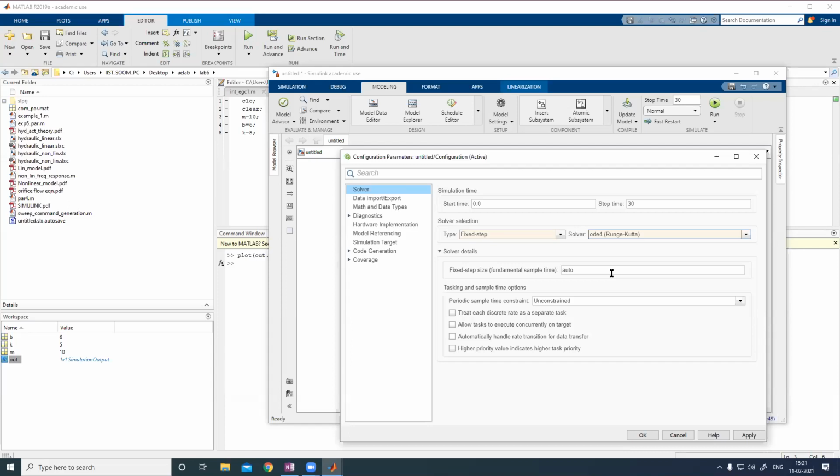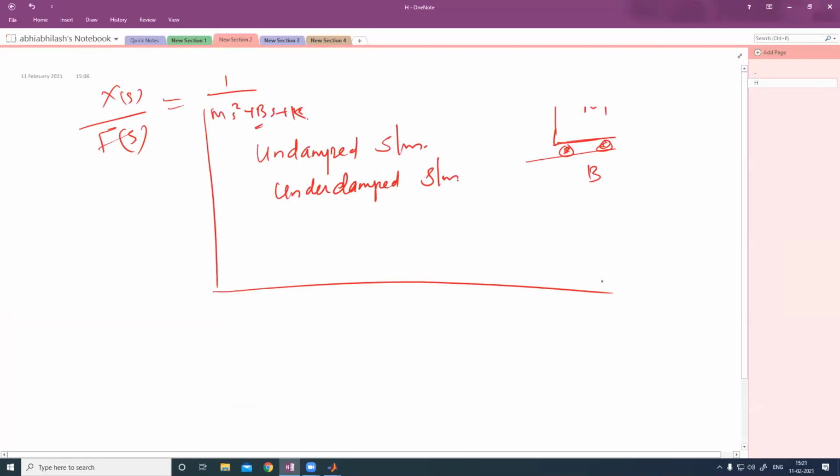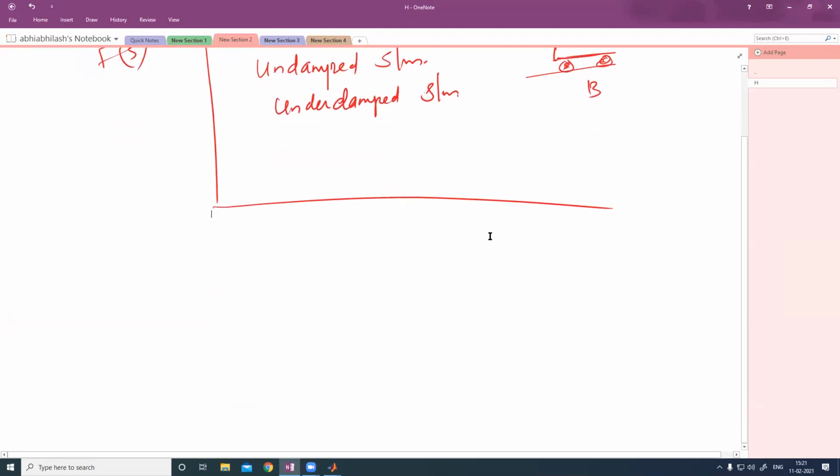So there are so many things in Simpson's one-third rule, and a powerful solver is the Runge-Kutta method. That is solving ordinary differential equations using the Runge-Kutta method. And the fixed step size you have to use is 0.001. Fixed step size is 0.001. What it is doing is, if you are having a function, it has to integrate. So for integration purposes,